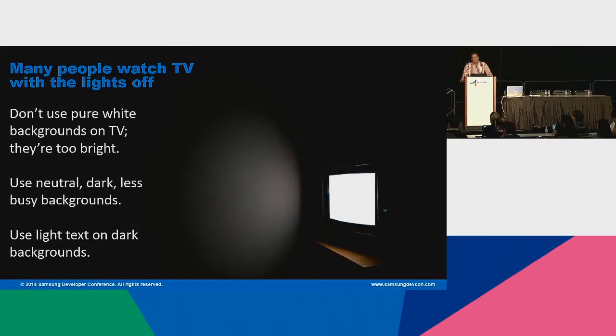So what we've learned in our research is that people tend to watch TV in dimly lit or dark environments. So you don't want to use full pure white as a large background container for your TV, because it would be just blindingly bright for them in that environment. What we recommend is that you use a neutral background, and that you use a contrasting text color if there's text that people need to read on top, and that you keep it soothing, and just, again, remembering the environment that you're in and the state that the viewer is in when you're designing for TV.